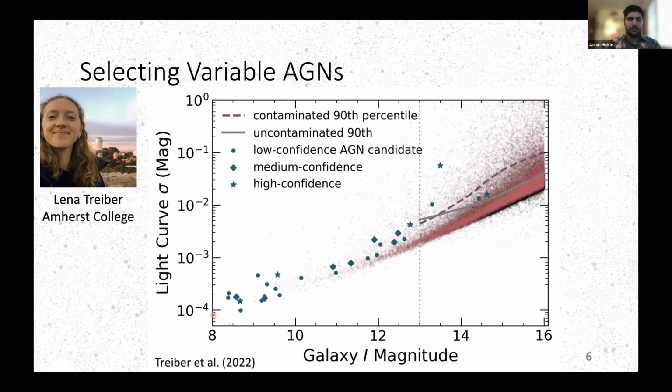And then what she did was she first selected a sample of sources to go into visual inspection by plotting their standard deviation versus their magnitude here. For the fainter sources, meaning TESS magnitudes less than about 13th, we selected only the top 10% most variable, because here we're not necessarily looking to be complete, but we're looking for sources that have clear signs of variability that we believe are truly linked to AGN activity. And then as the statistics are a bit worse on this high mass end, we selected all of the uncontaminated sources to go on to our visual inspection phase.